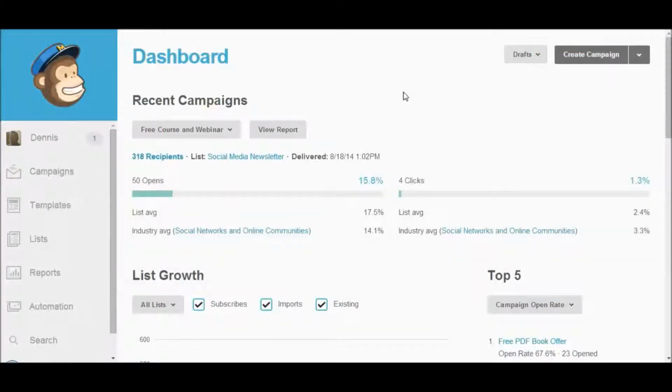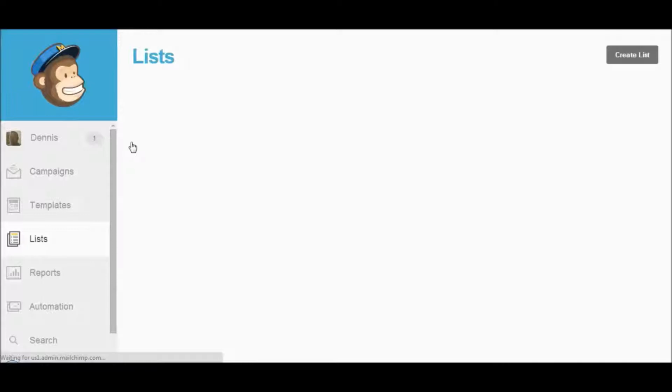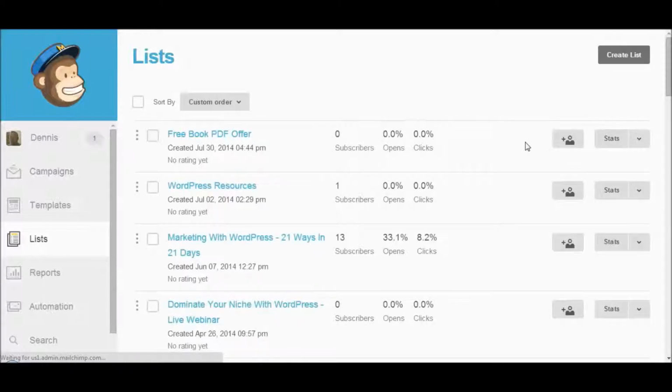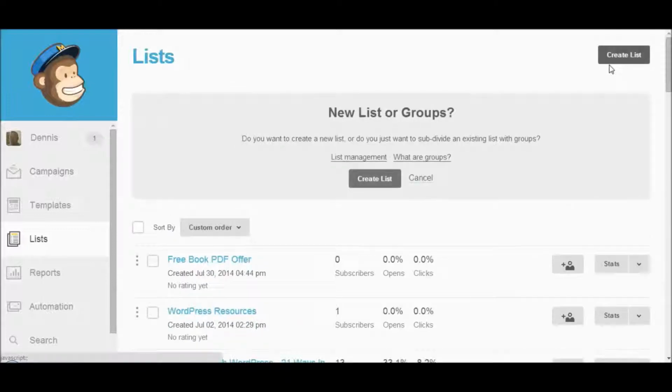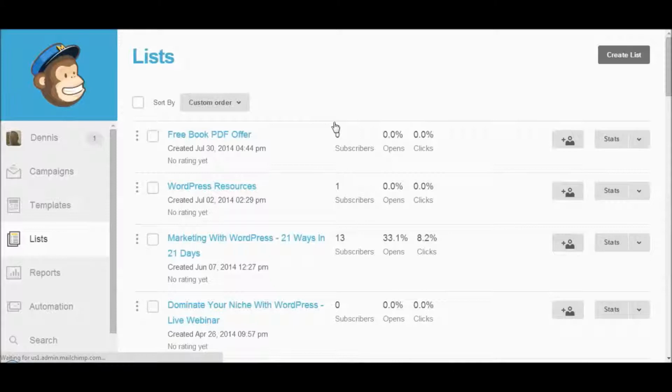All right, here we are in the dashboard for MailChimp. So we've created our free forever account, and we need to have the ability to collect email addresses, or email address and first name is typically what most people do, just to make it quick and easy for people to get registered for a webinar. So here are my lists that I have created already. We're going to create a new list by clicking the create list button right here, and we want to create a list,